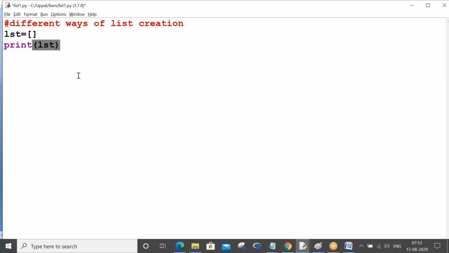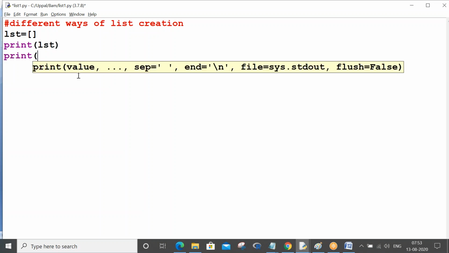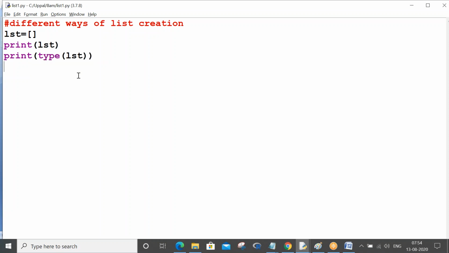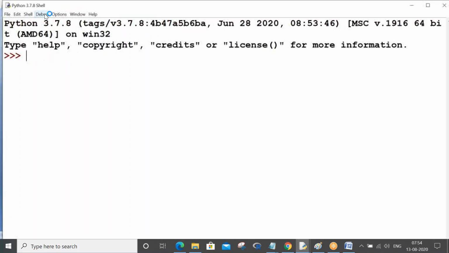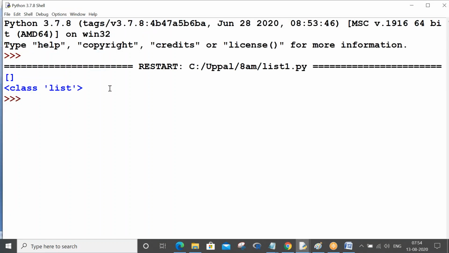Print LST, print type of LST. Control S, F5. So what is it displaying? It is displaying an empty list. So you can display an empty list using just empty square braces. This is class list.